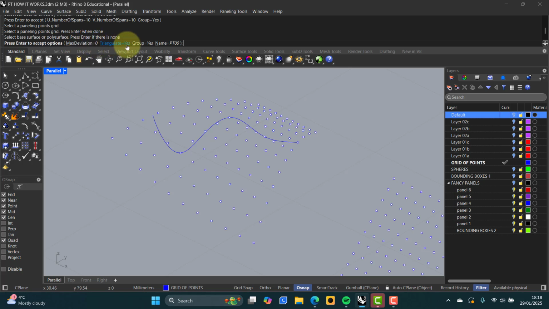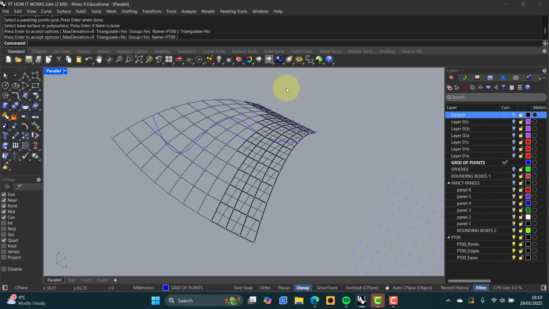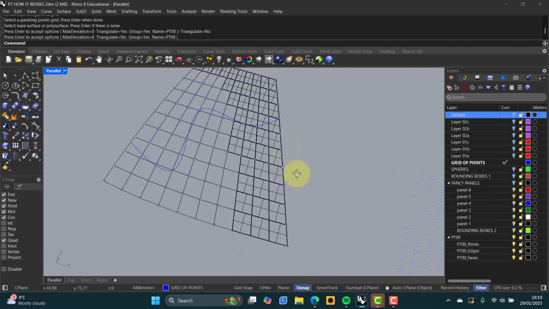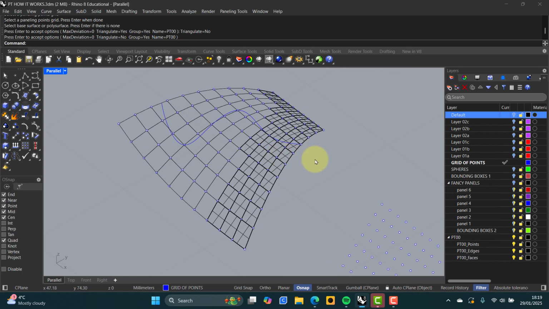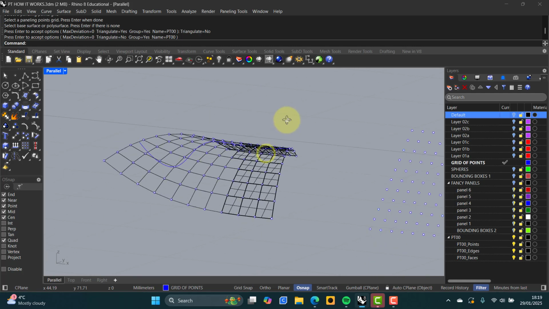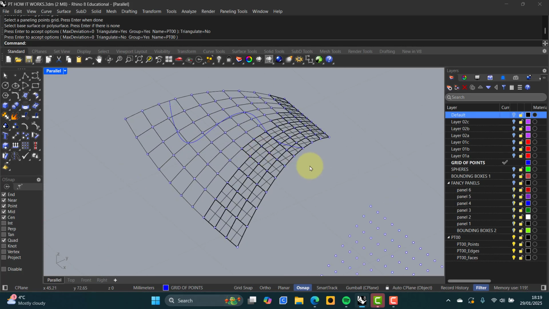And we've got a deviation allowance here. So what we'll say is we're not allowed to deviate the points at all. If we have triangulate yes on, that's easy. Any surface could be triangulated. So we'll switch the triangulation off, and then press enter. So you can see here it's only managed to put panels onto some of that shape where it's not too curvy. So if I shade that,